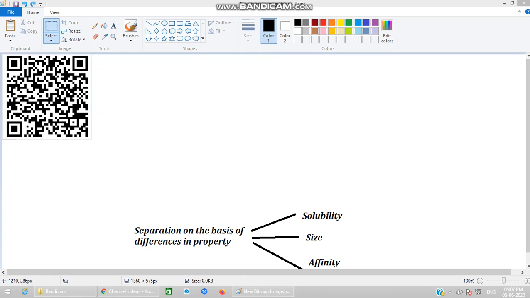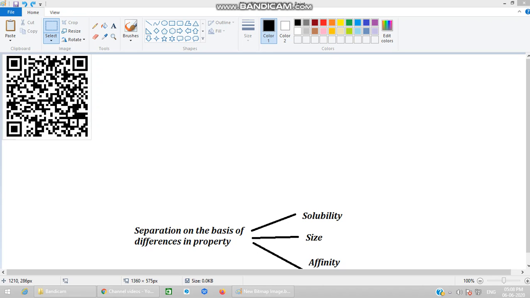So if your methodology is such that you want to isolate the bigger molecule or bigger protein, then there is no problem. But if your protocol is such that you need to isolate the smaller protein or small molecular weight protein, then there is a problem. The small molecular weight protein will be trapped inside the matrix and it will not get out, but the bigger molecule will come out normally. So in order to separate the small molecular protein, it is not advisable that you use size exclusion chromatography.